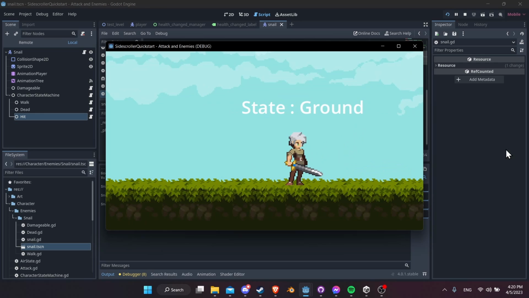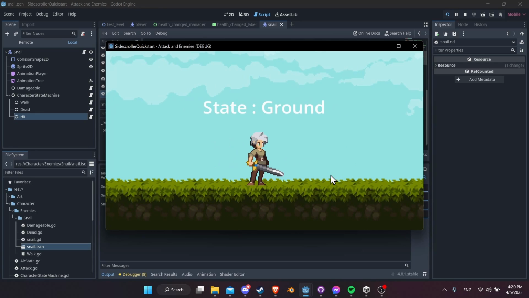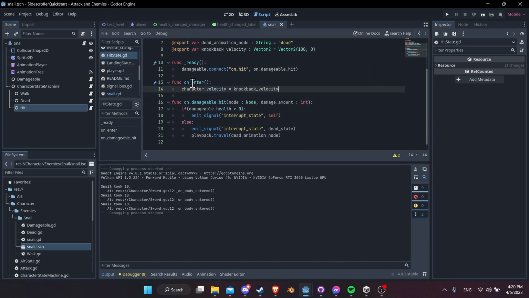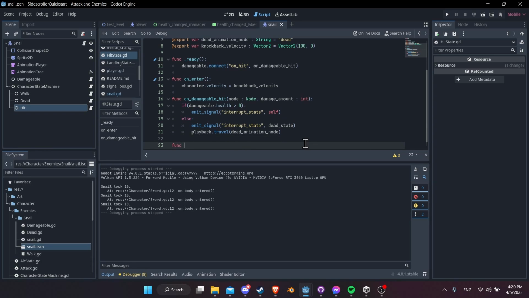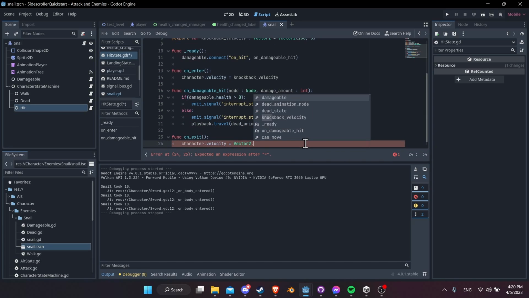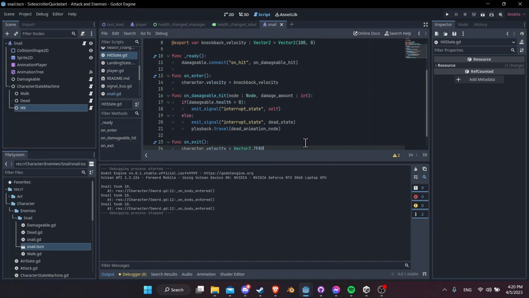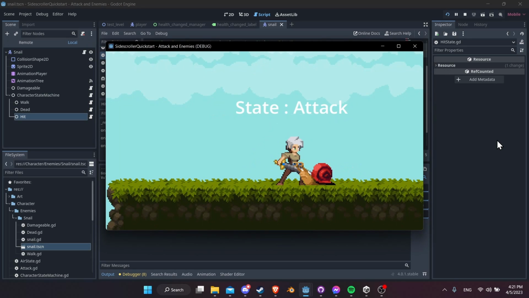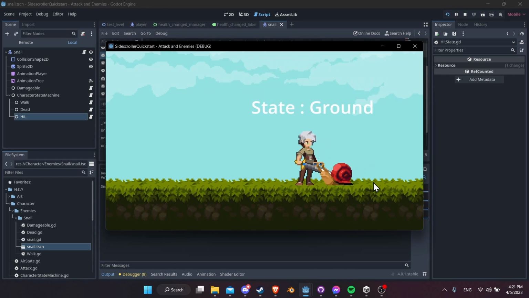If we hit him again, then he switches to the dead state and is not moving, but is also not using that velocity that you had here. And we could also say on exit, maybe we just want to take the velocity and set that to none. Yeah, I think that wouldn't hurt. On exit, we'll do character.velocity, and we'll set that to Vector2.ZERO. Just as an extra precaution, and make sure that nothing weird happens with the speed when we're returning to other states. Okay, so we kind of have a knockback now, but it's really clear that it's not returning to